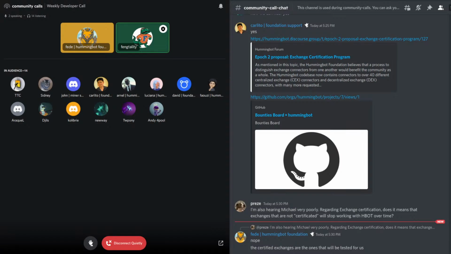Yeah, so the bug bounty process is really designed for the foundation to assess bugs, put them on the board, and then anyone, developers, can then fix them. So the bug reporting process is still the same as before, and anyone can submit a bug report and create an open issue on GitHub. However, right now, for an issue to get from the open issues in GitHub onto the bounties board is a decision that the